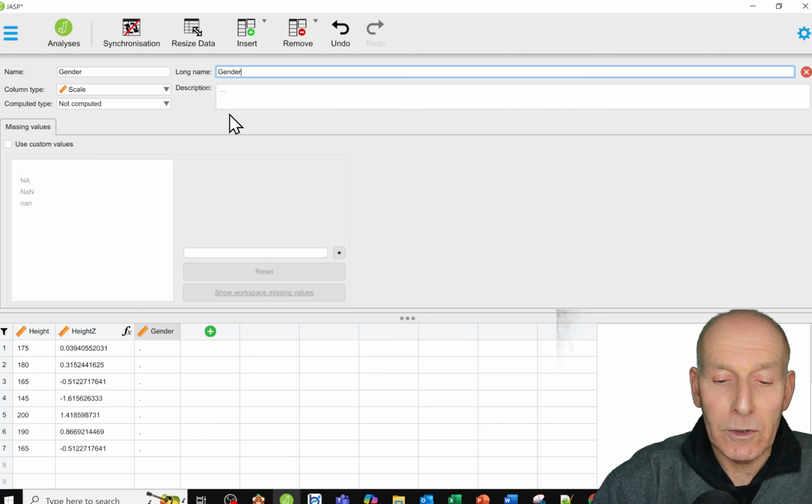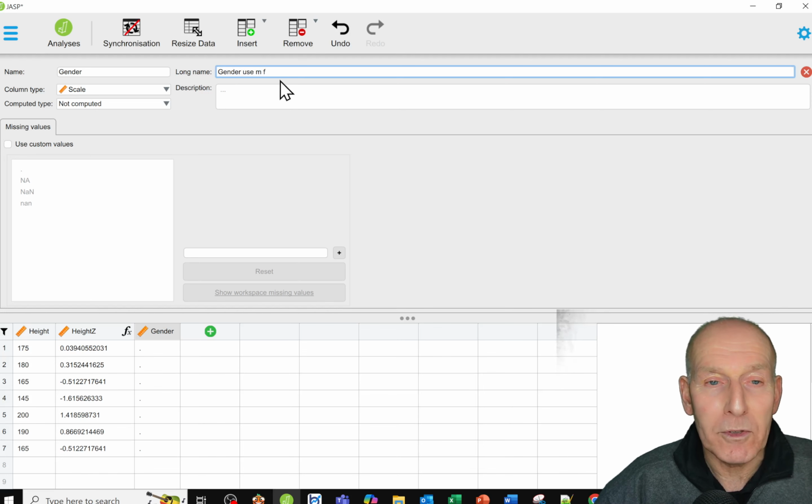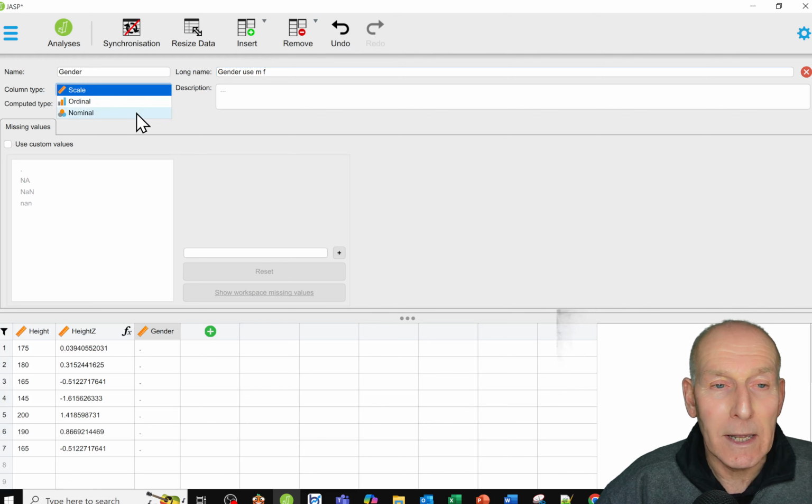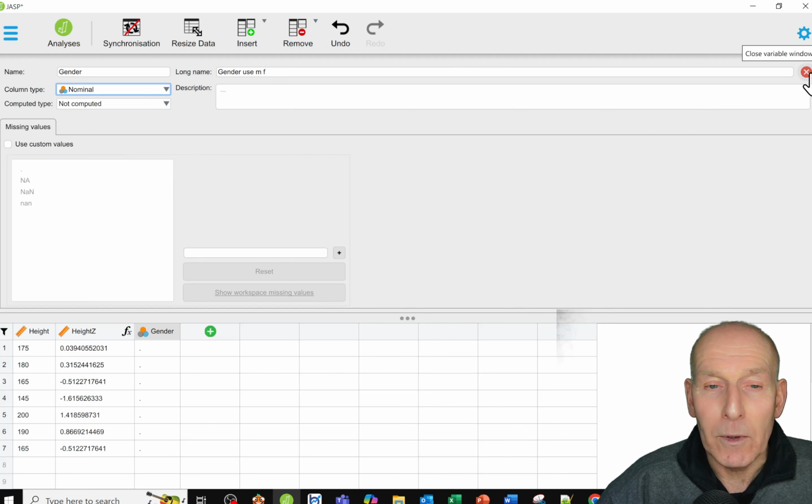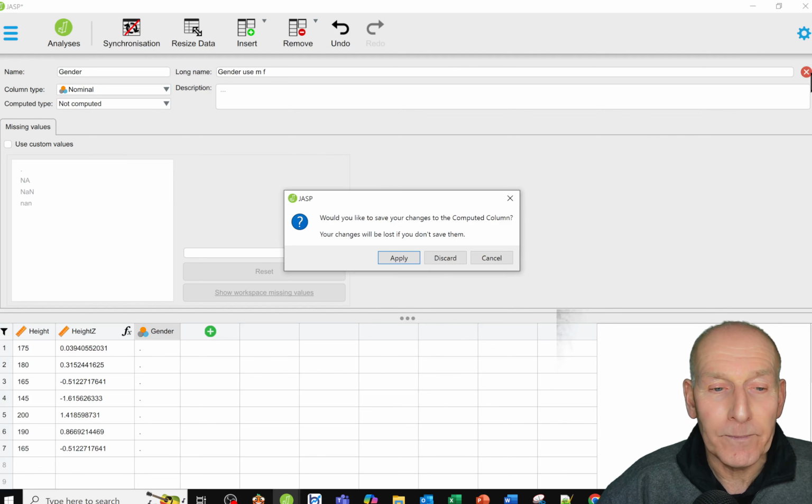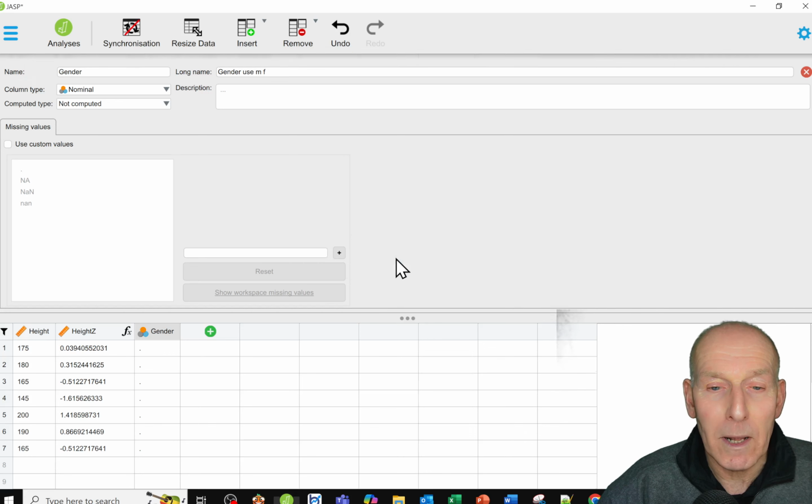and I'm just going to say how it's going to be represented using M and F. Again, it's not a computed variable, but it is a nominal variable. So again, once I've done that, it's easiest just to close down the window there and put the data in. Again, I can say apply,